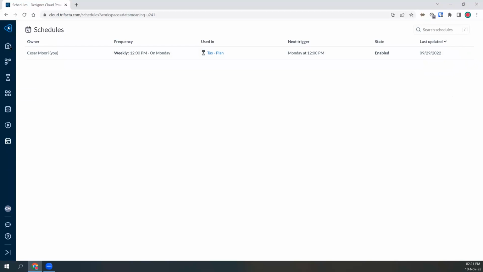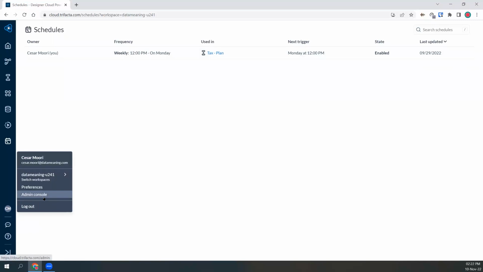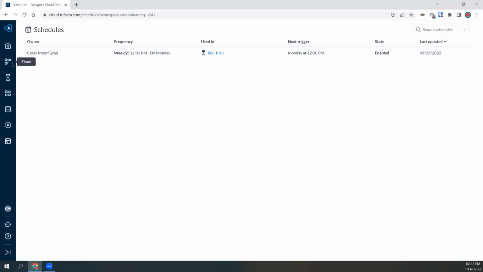Okay, so these are the sections of the user interface. And now I can click on my name. Since I am the administrator, I can govern the environment here at the admin console. I'm going to show you this later after the demonstration. So first,